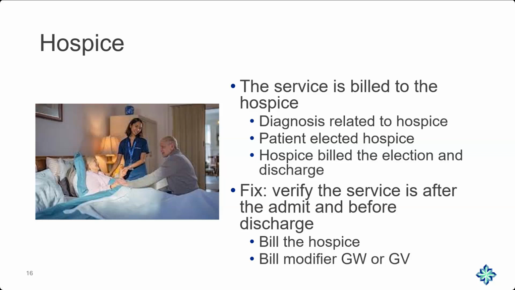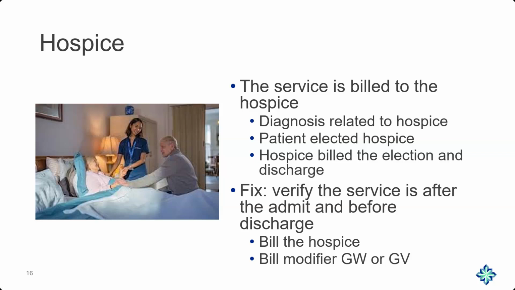So it's not related. If it's related to the hospice, bill the hospice. If it's related to that diagnosis in any way, bill the hospice. If it is not related, then you want to bill the GW or the GV. GV is only for the attending physician who is under arrangement for the hospice care provider. So basically, you're not employed, you're not paid under arrangement, but you are the elected hospice provider managing that hospice care. You can be paid separately, and that's what the GV modifier is for. But again, you have to meet all of those criteria. It's not just for any physician, it's only for the attending. Very limited circumstances where that would be used.